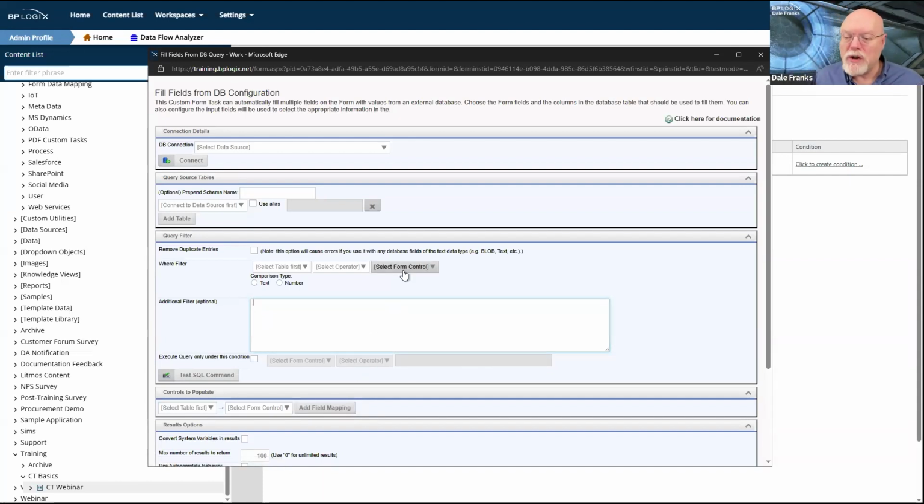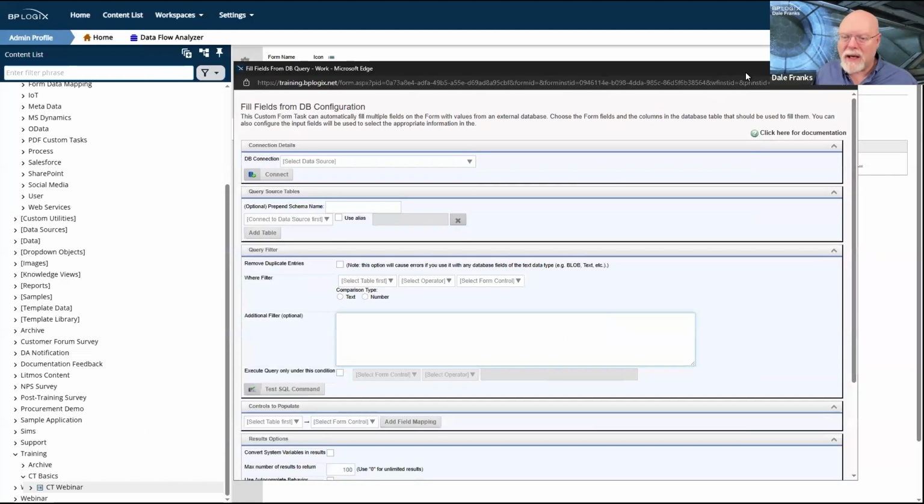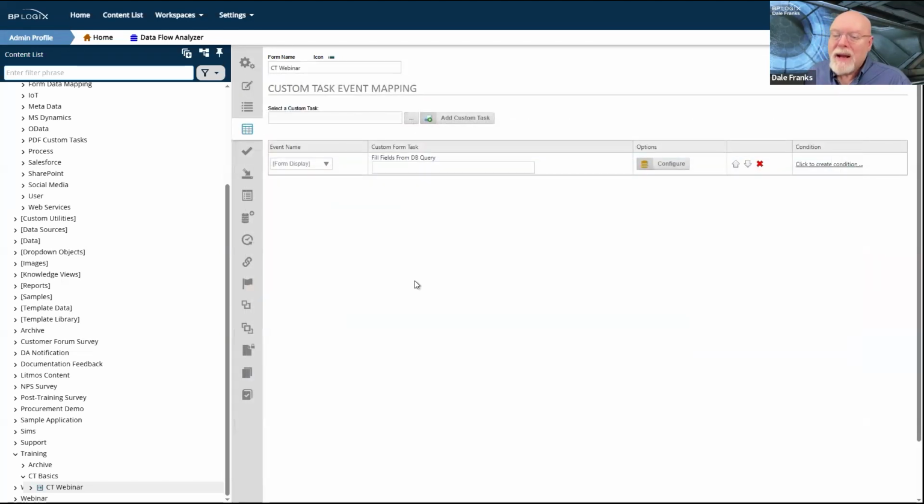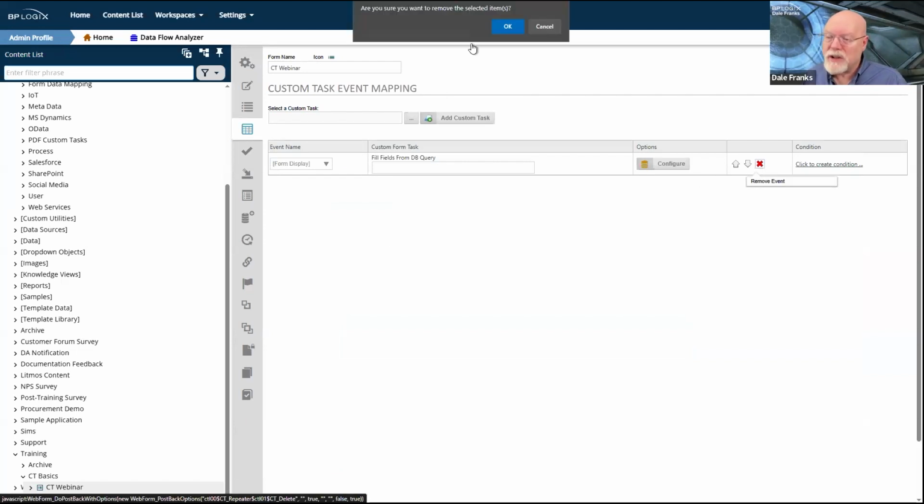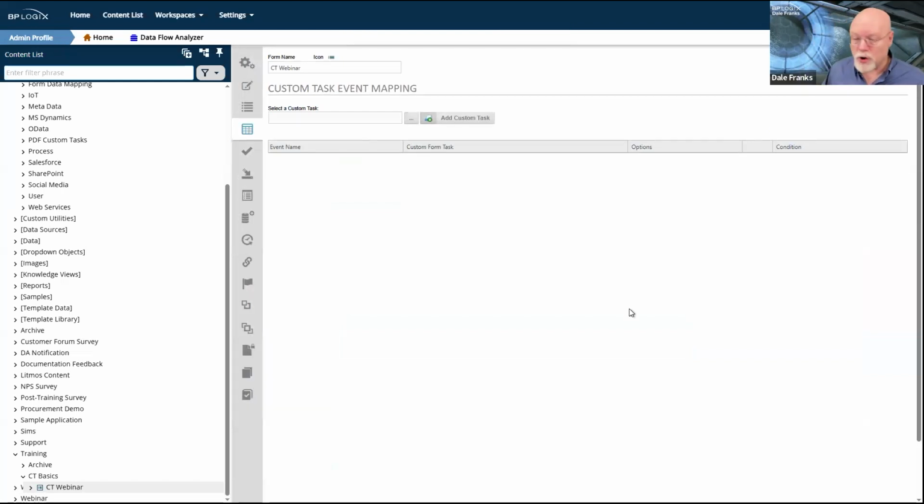It adds a huge amount of time to just building a regular application if I have to completely reconnect to my DB from scratch in every single custom task, perhaps even multiple times in the same form. So if there's a UI alternative, you want to use that UI alternative. If you can avoid using a custom task, as a general rule, you should, simply because running a custom task adds additional overhead to your application.